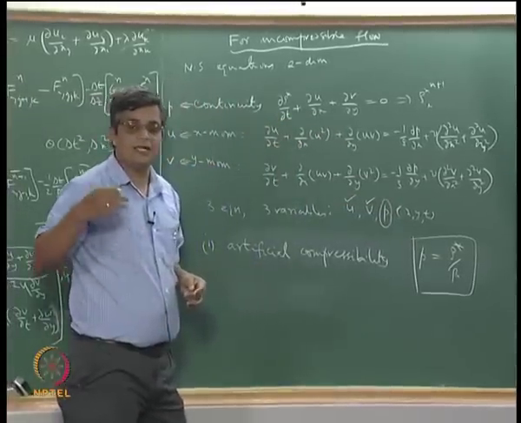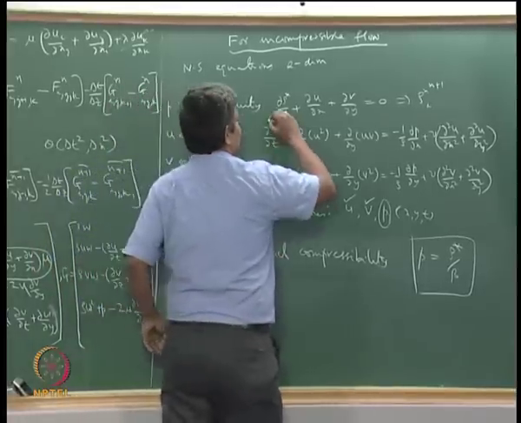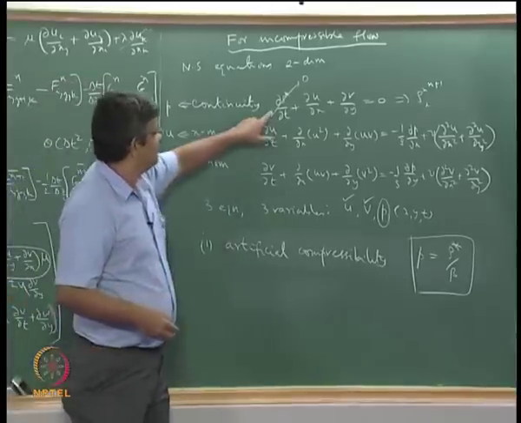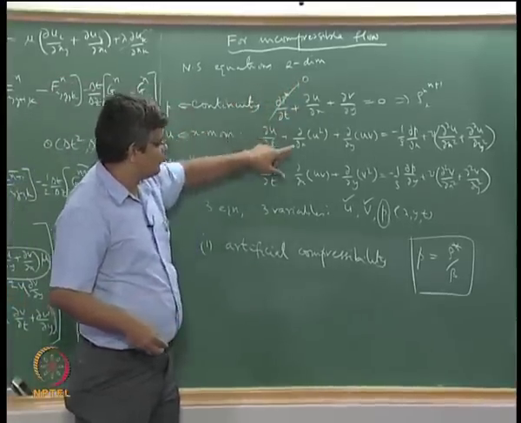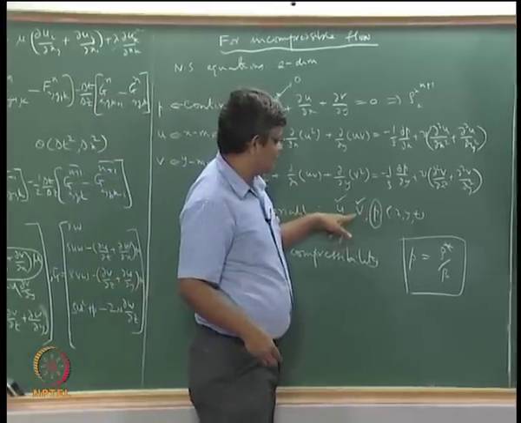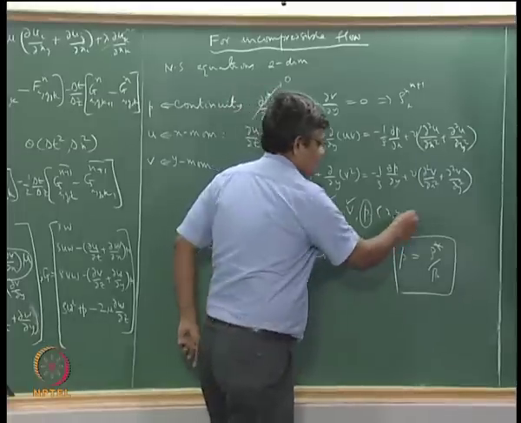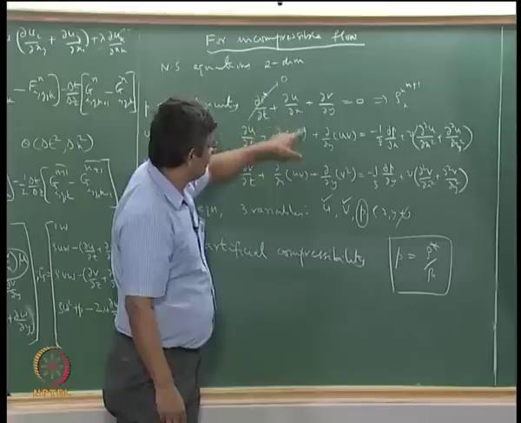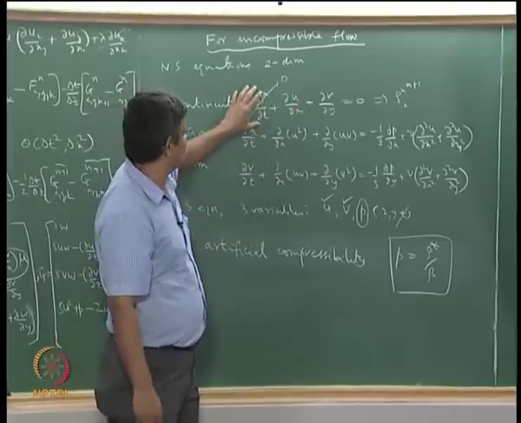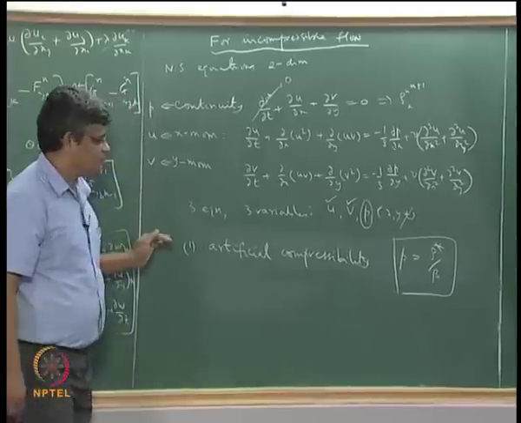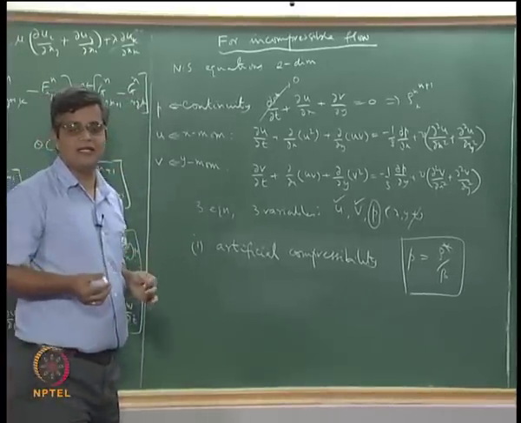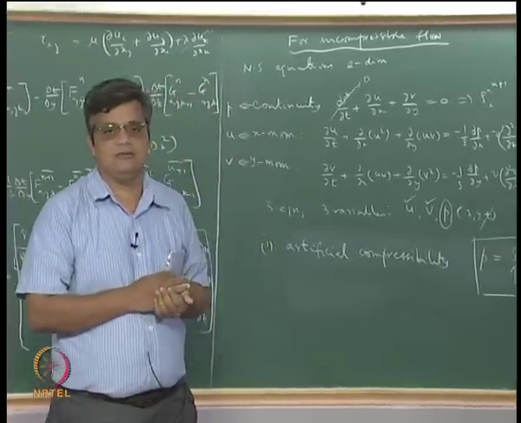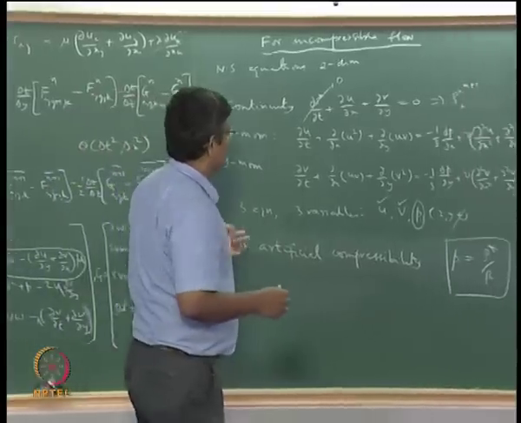Okay, but the steady solution that we have will obviously have the contribution coming from this go to 0. So under steady conditions this term will go to 0, and the steady velocity field that we get, u, v, p of x, y, where the time is not there, is such that it will satisfy all the three equations. Okay, the three equations without this extra term. So the artificial compressibility method is a way of getting the correct solution which is valid only for steady flows, but it will not work for unsteady flows,